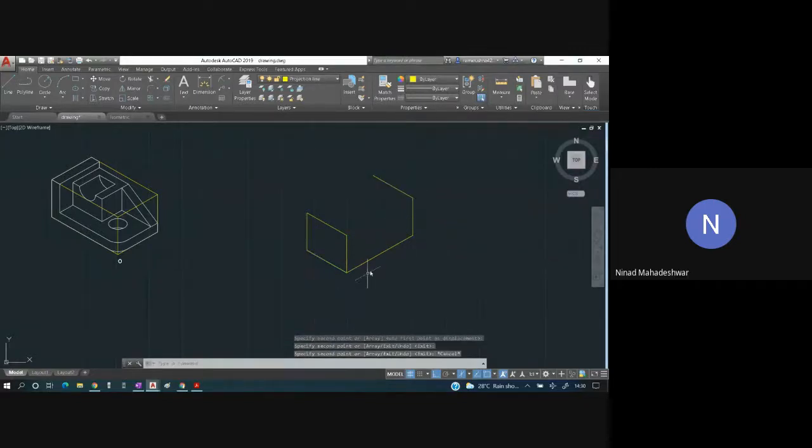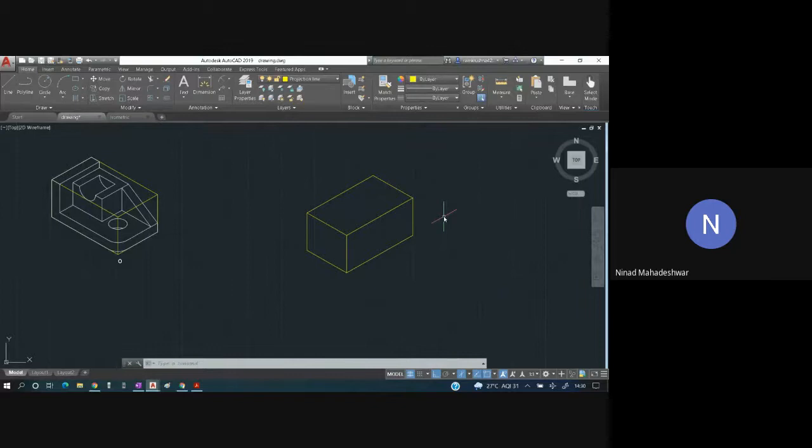And then I'll copy this from this end to this end to this end. So I have drawn the length, breadth, height of this entire part, and the box in which this entire isometric view is going to stay.